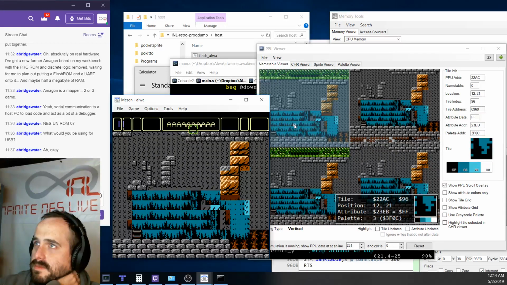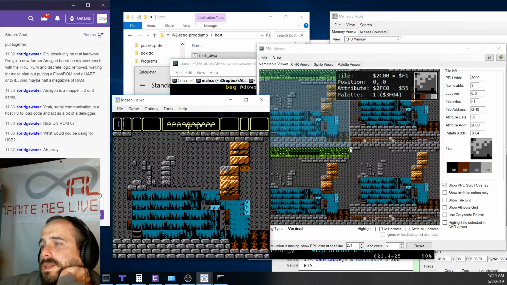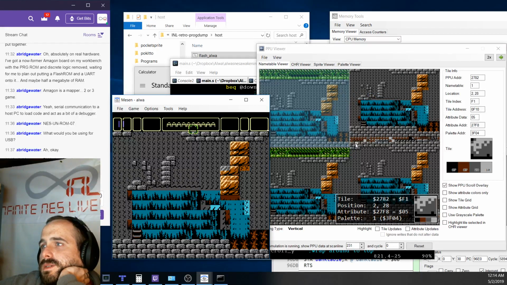We can do that, jump to it. Then we want to redraw the current room in nametable 1. This is like so many draws and so many updates. I halfway wonder if this is going to be too much, but